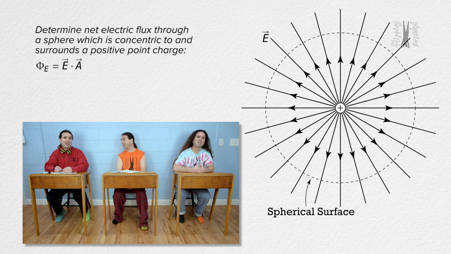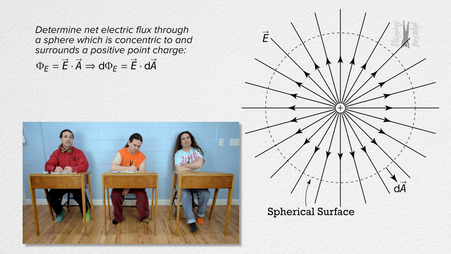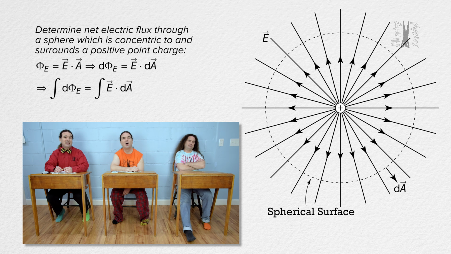We need to identify infinitesimally small areas of the surface, which are dA, and the infinitesimally small flux is dΦ, created by the electric field passing through dA. Actually, rather than using fluxes for the plural of flux, I'm going to say electric flux values. Of course you are. Yes. Take the integral of both sides, and we get an equation for electric flux which does not need the electric field to be constant. Electric flux equals the integral of the dot product of electric field and dA.